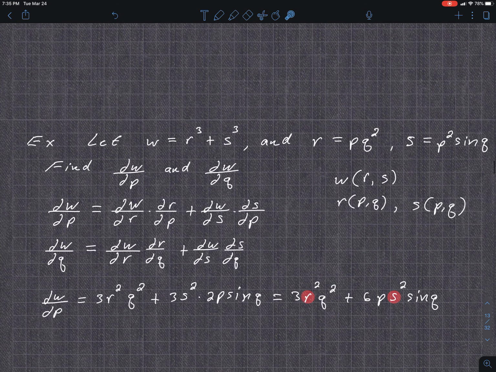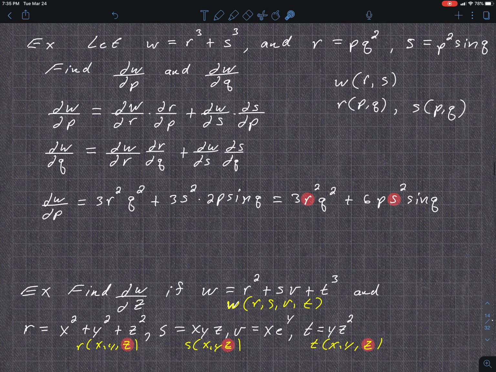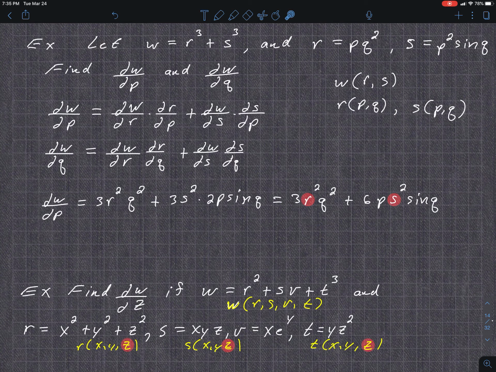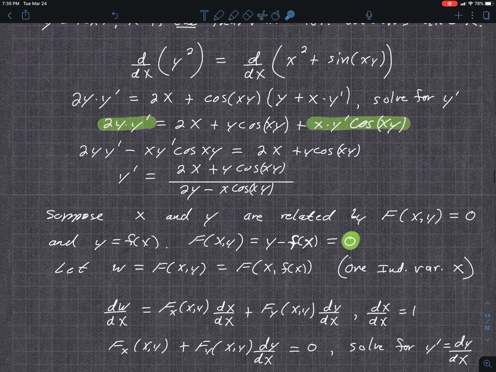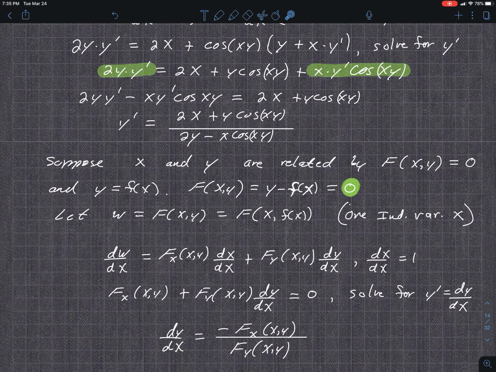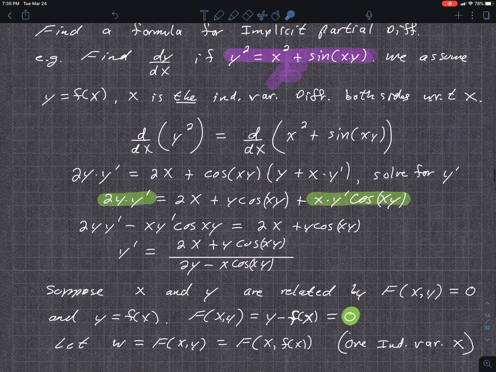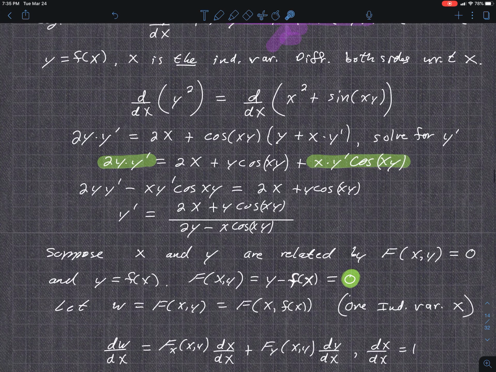You'll see on the sample exams, I basically gave you a slight application of it. What did I say in the sample exam? I defined harmonic, and then you took a couple partials, and you have to use the chain rule, that kind of thing. So there's a few examples like that. So be able to do all these questions we did here. Probably something specific, I'll just ask you to find the partial,